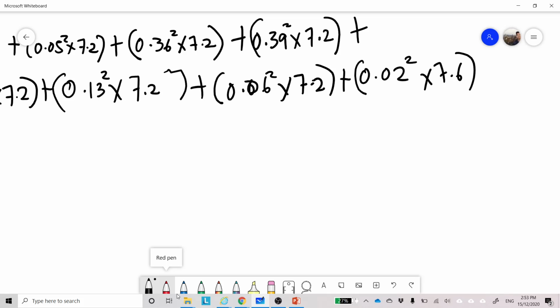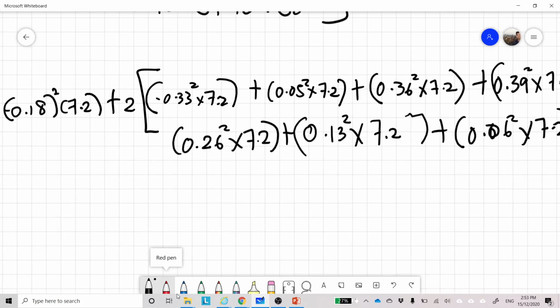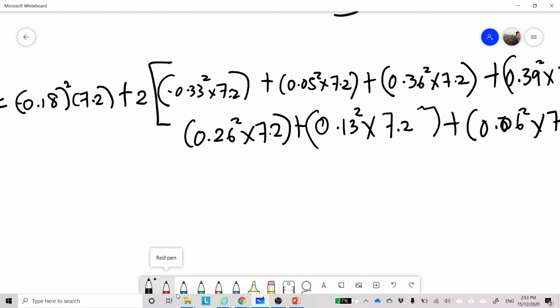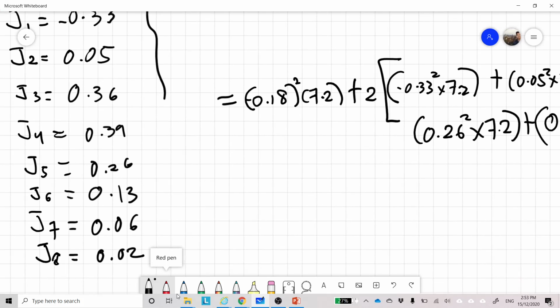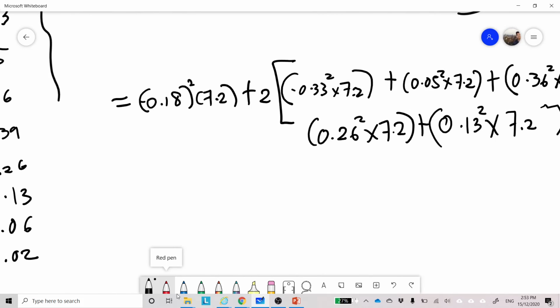Baik, panjang, okay. Ini berapa? So 0.39. Okay, so saya cuba kira. So pelajar-pelajar semua boleh try 0.33 square times